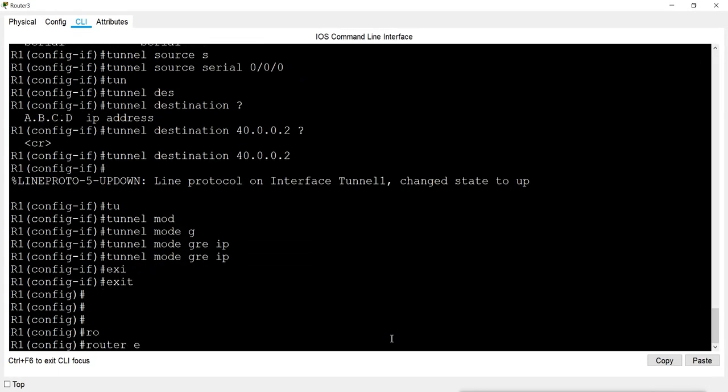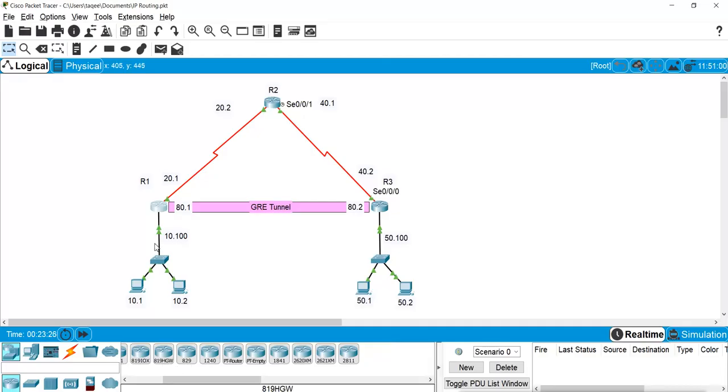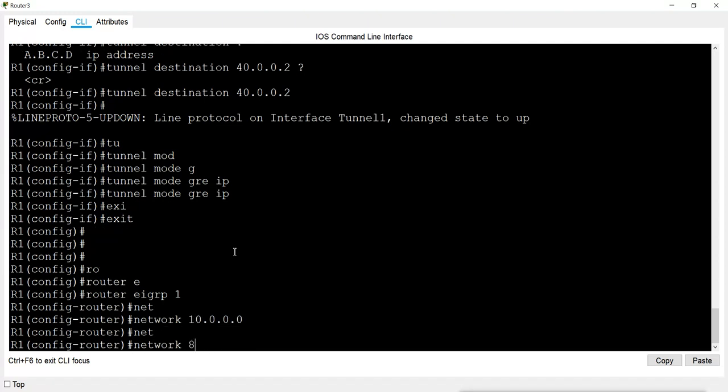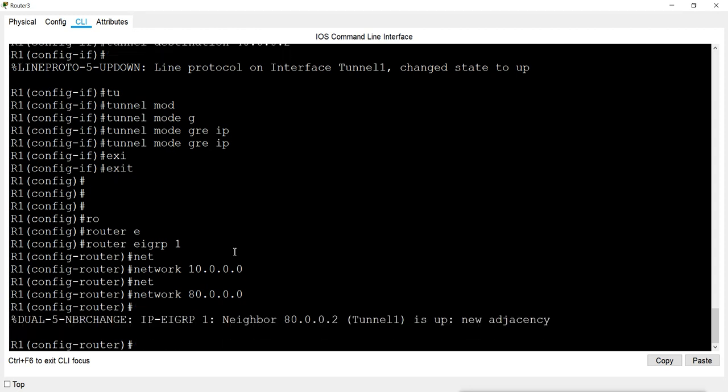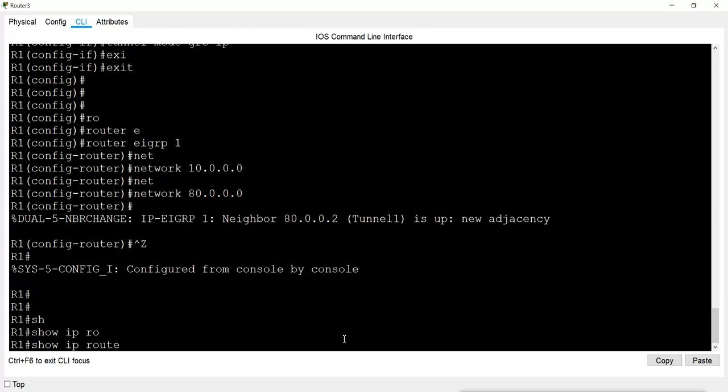So router EIGRP 1. Here also network will use 10 and 80. So network 10, which is connected, and network 80. And as I give this network, you can see the neighborship is created. And we can check show IP route.